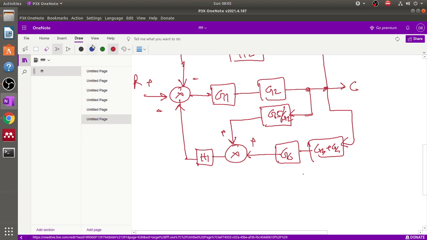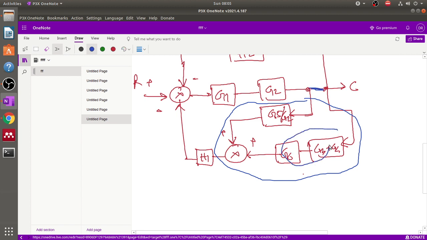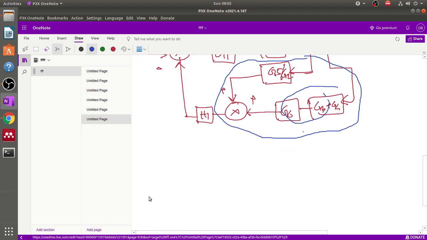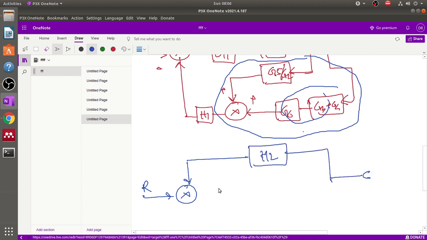Now see that here these blocks and these two blocks are again in parallel rule, because both signals are coming from the same point and from the output signal. Yes, right. And these two are in the cascade rule, or in the series rule. Yes, absolutely right. So after this we can draw this diagram. This is H2, this is output C, this is positive, this is negative, this is G1, G2,